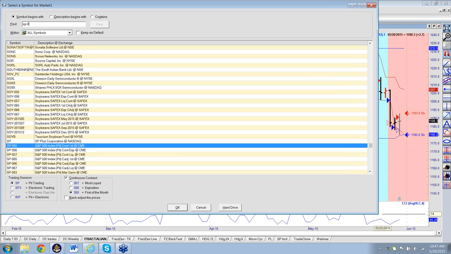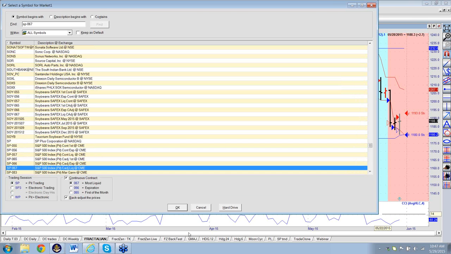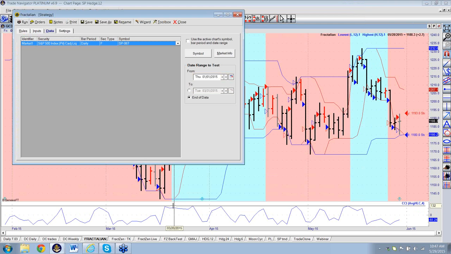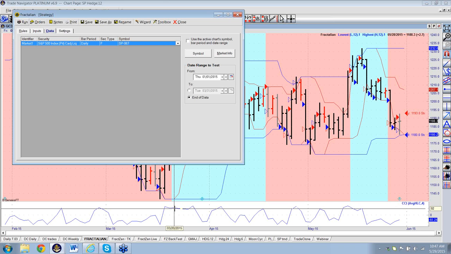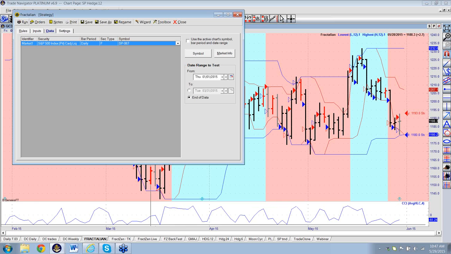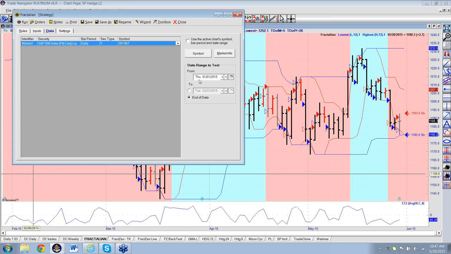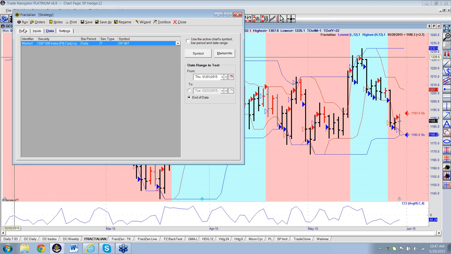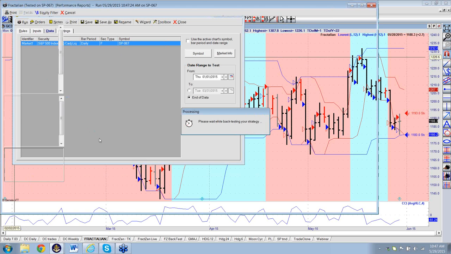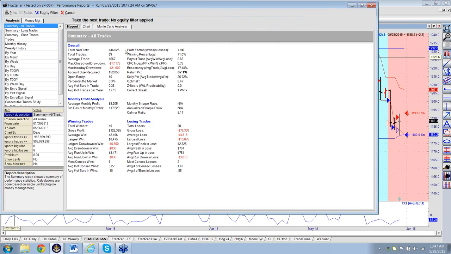So let's start by running the big S&P. This is the pit session. This is one of the few markets where the pit is staying open. Most of the pits are getting closed at the CME. And we're just going to run this from the beginning of the year to make it pretty fast for you. So we do a bit of calculation. We find that we have a return of